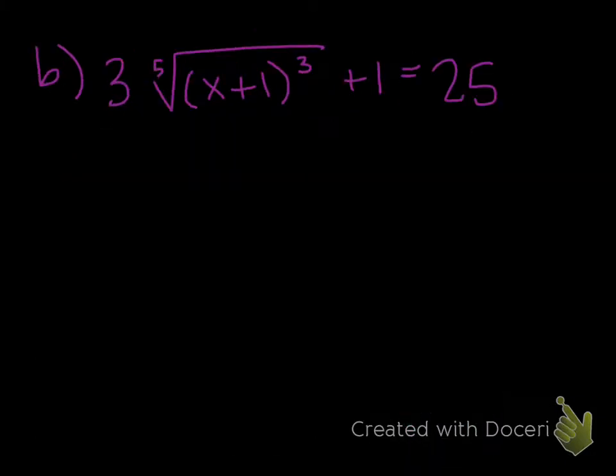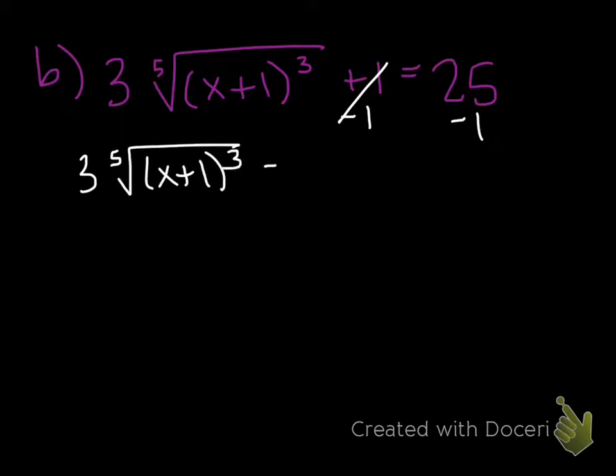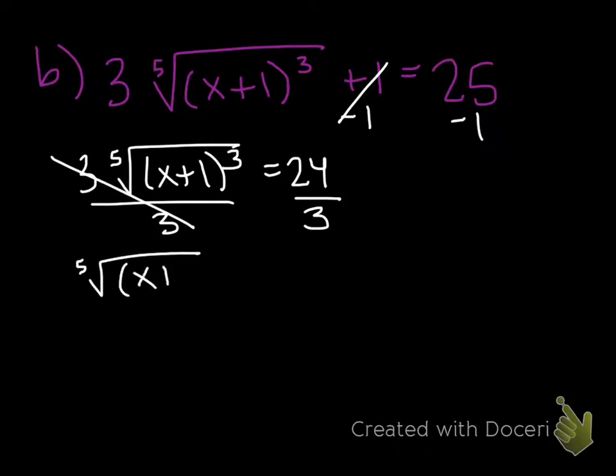For letter B, we're now in radical form. So I'm going to start by subtracting 1 from both sides. So I have 3 times the 5th root of x plus 1 cubed equals 24. We're going to divide both sides by 3. So now I'm at the 5th root of x plus 1 cubed equals 8. Now,